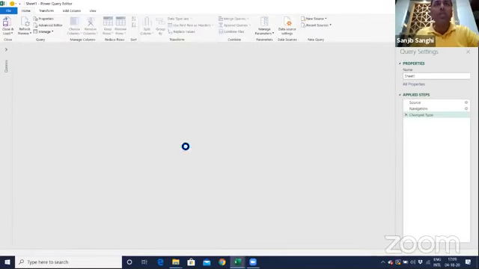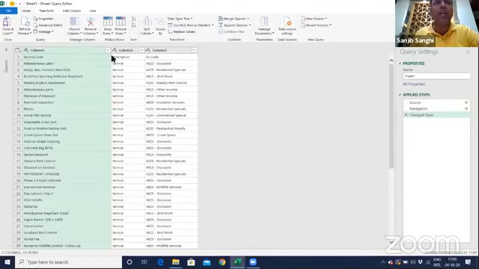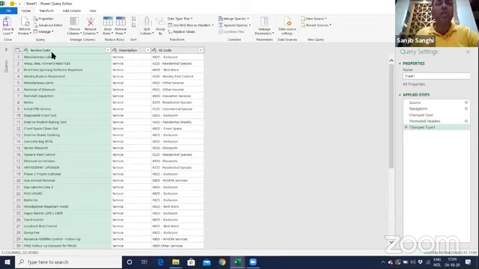Why will I need to transform this data? I'll share with you. This data file doesn't have a header. So I need to make this first row a header, and I already have that option over here: use first row as header. I'll click on that. Now this first row has become the header. This is what I want. My service code is equal to the animal type in the first file which I had. If I map this service code with the animal type in my first file, I'll get my GL code.